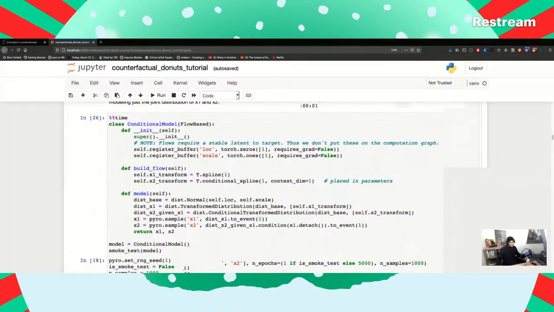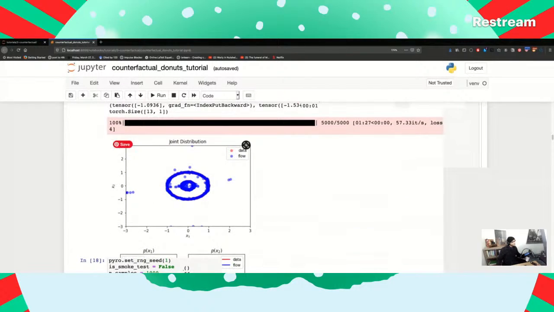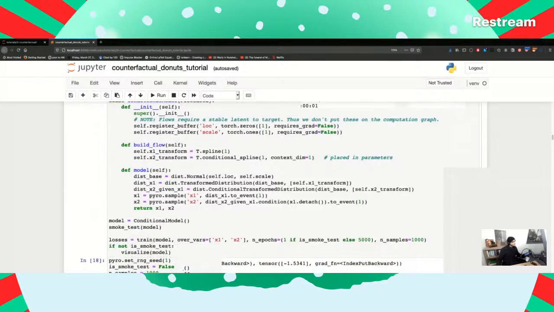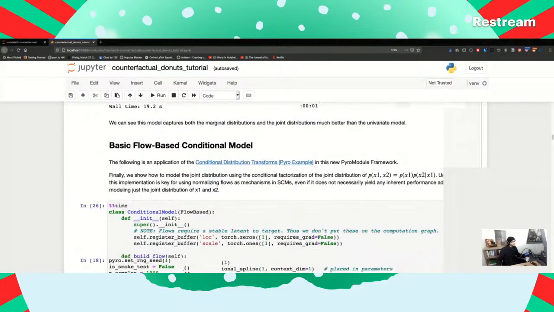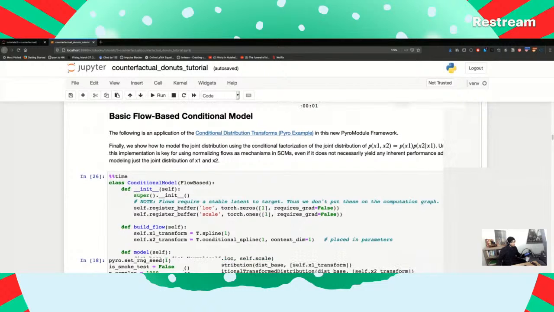Given that we got 12 minutes left in the session, let's see if we can... Oh, wow, that's much better, isn't it? So they're doing something different here. May as well understand it. Model the joint distribution using conditional factorization. Great. So we're not using splines anymore.